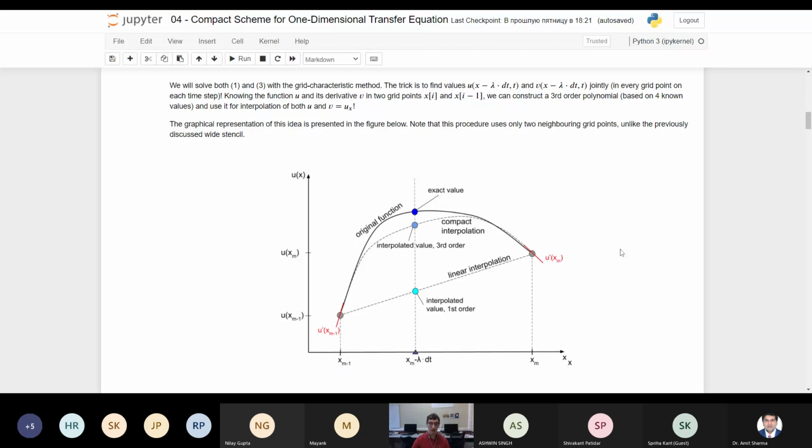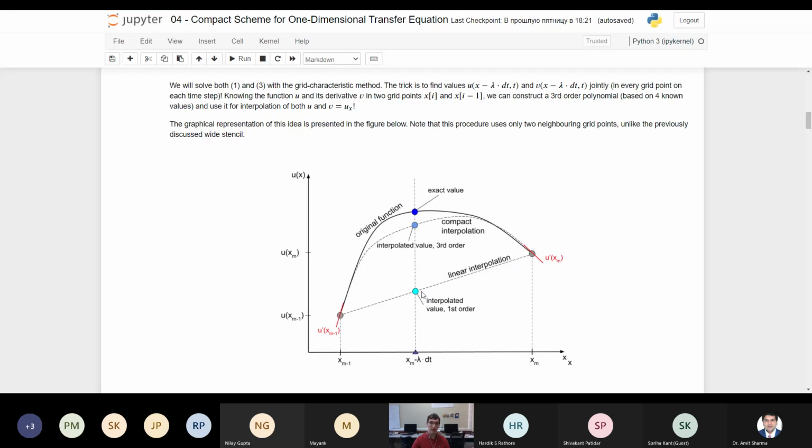So in these gray points, we actually know the function values. The function itself, the true solution to our equation, is represented by a solid black line, and this is how it's going. We can see that the function changes significantly in the region between these 2 grid points, and the